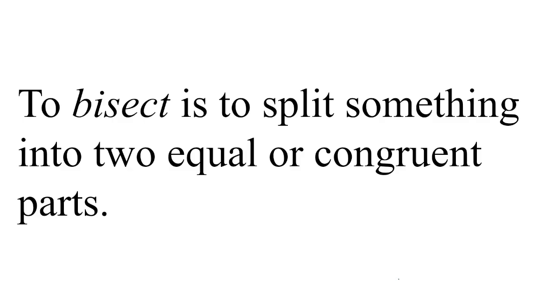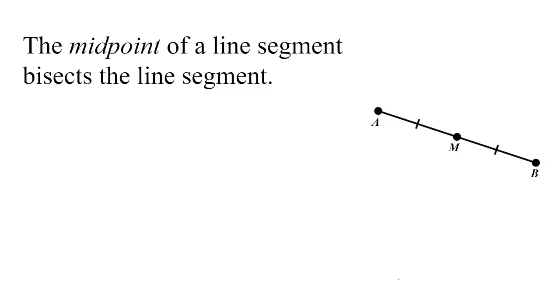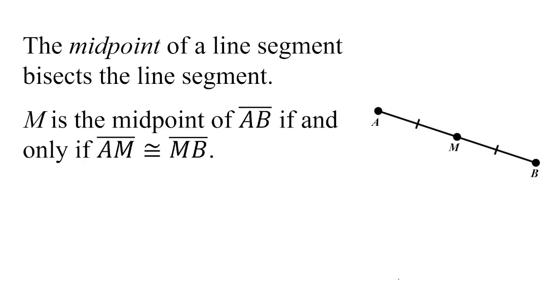So first, let's talk about the line segment. The midpoint of a line segment bisects the line segment. It is the point that splits a line segment in half. M is the midpoint of segment AB if and only if segment AM is congruent to segment MB. So as you can see, M splits the line segment such that the length of segment AM equals the